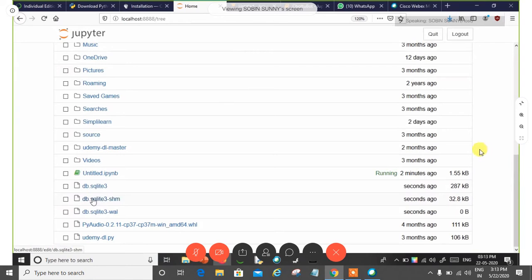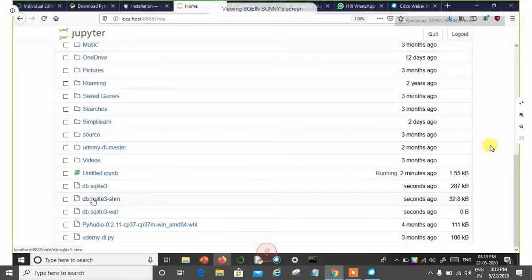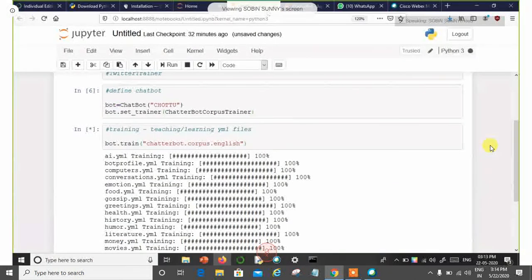But what actually is this file? This file is the learned data, the data that has been learned. Once it has learned something, it stores the data in this SQLite database. This database is the one which is used for later reference. All the data that has been learned is stored in this db.sqlite file.